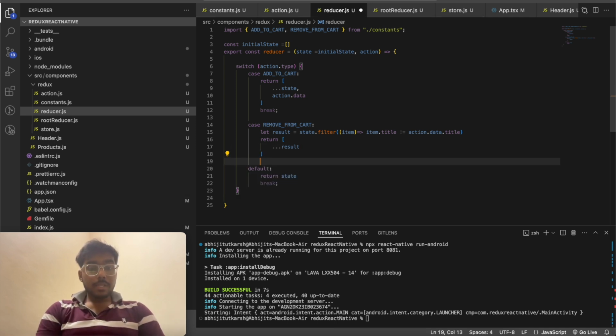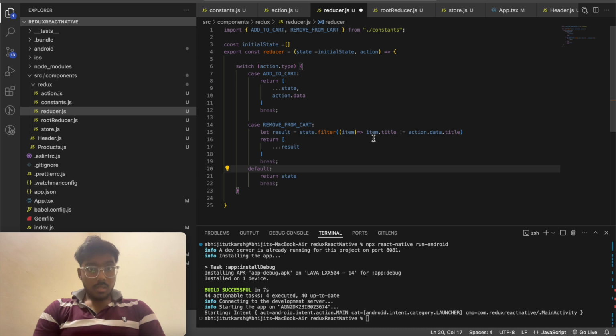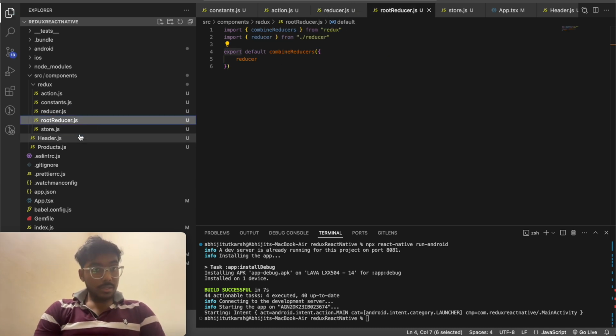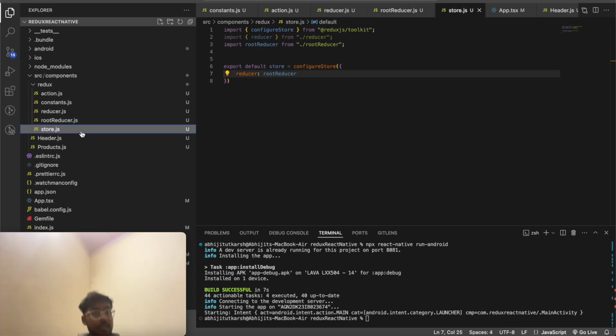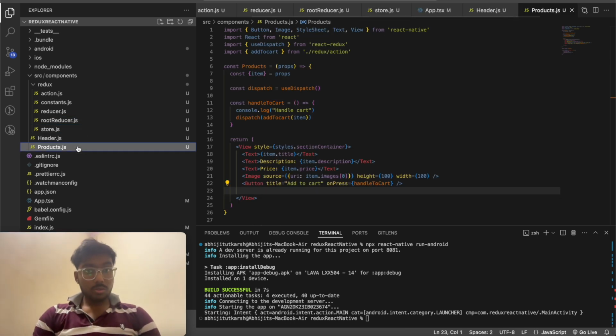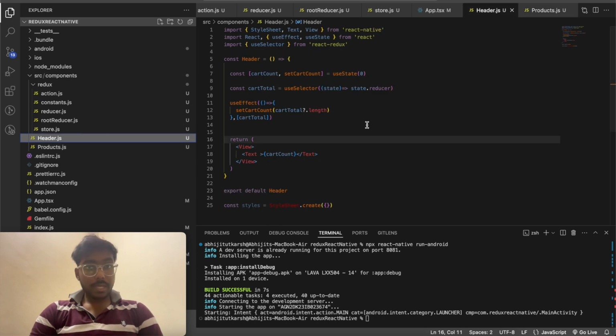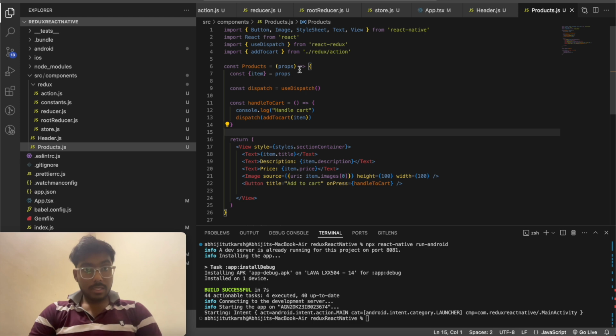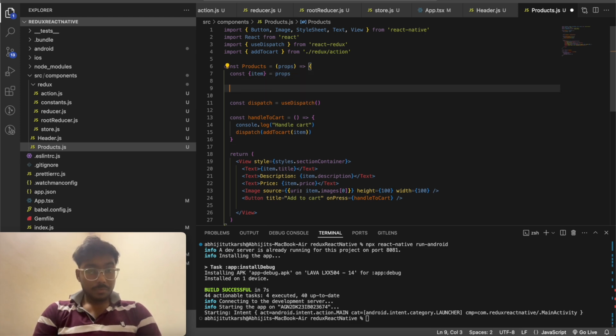And finally I'll just break, correct? Now let's call this. In the root reducer it's already there, everything is fine, stored. I'll just directly go to the products header, and here in the products I will create another state here,